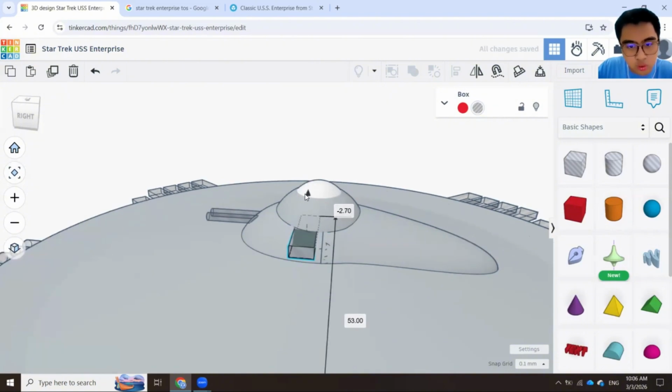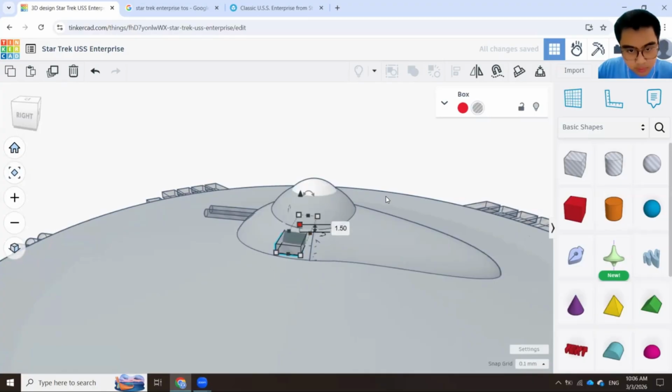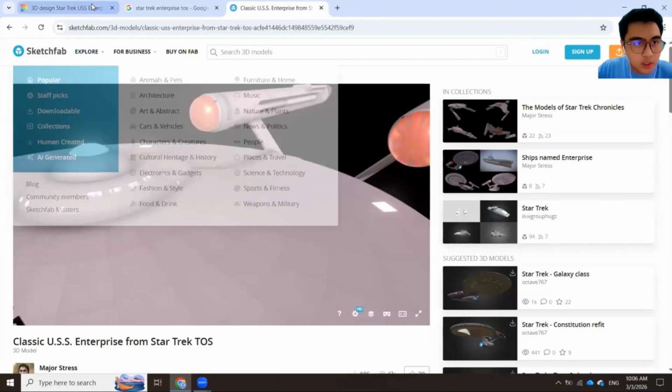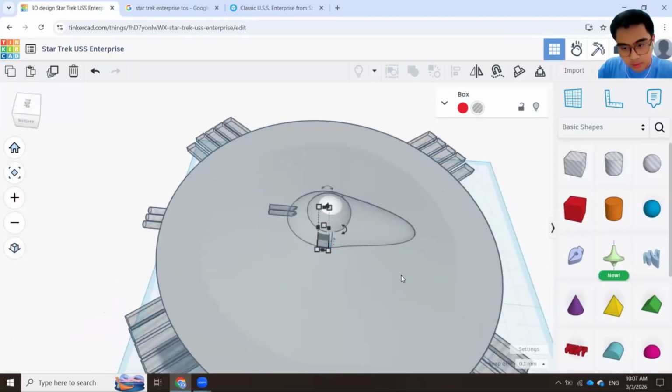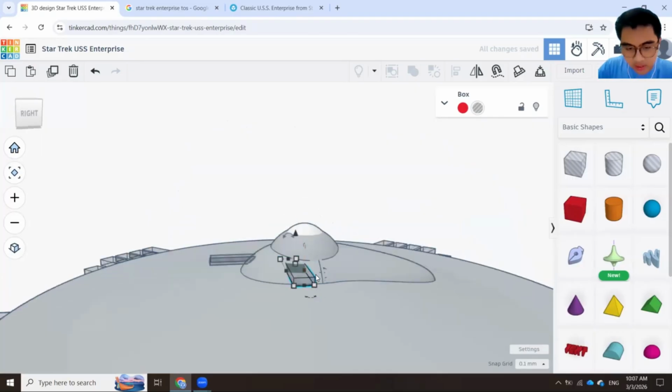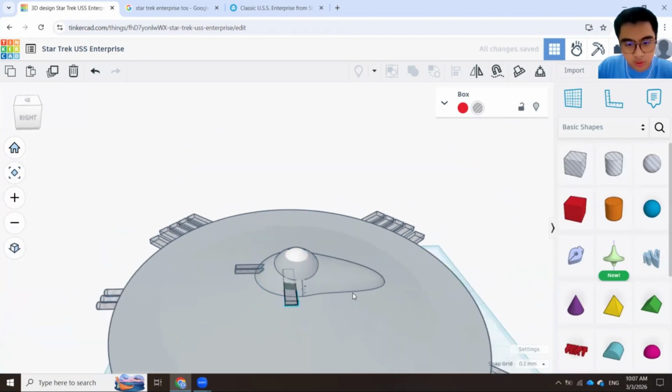Drag this one at the bottom. Oh, that's too big of a window. Okay. Now where does this one sit? Right over here. Okay, so I'm going to move this one. But it just looks quite big. I think I'm going to move it up here. It just really depends on you if you want to do this much improvement or modification.